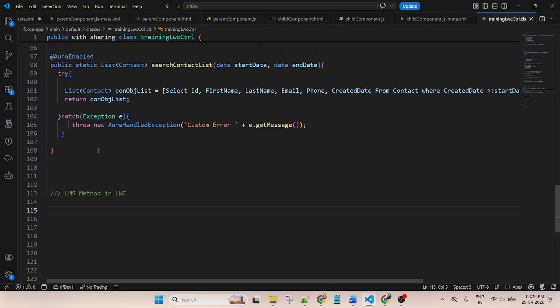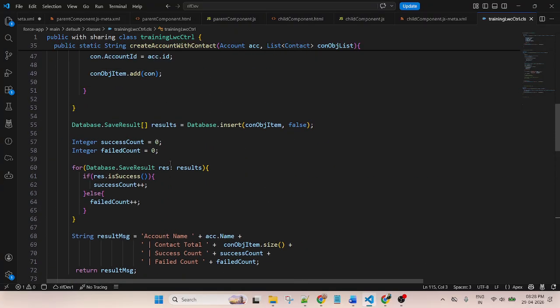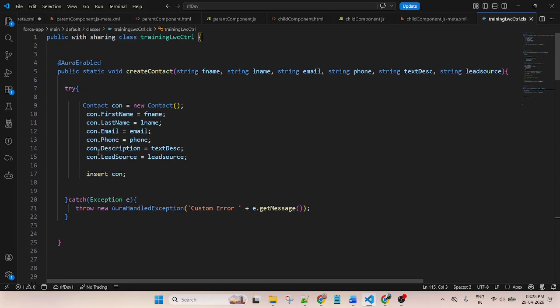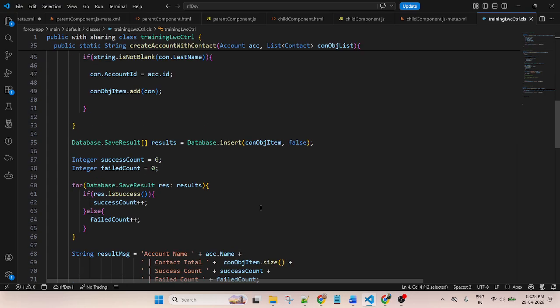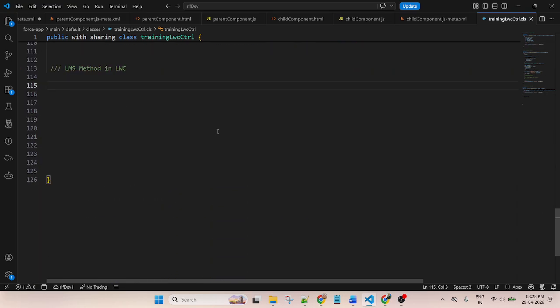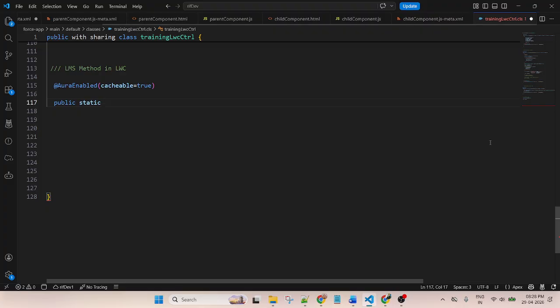So first, to fetch the data, similarly AuraEnabled, cacheable equal to true. Public static Contact getContactData.